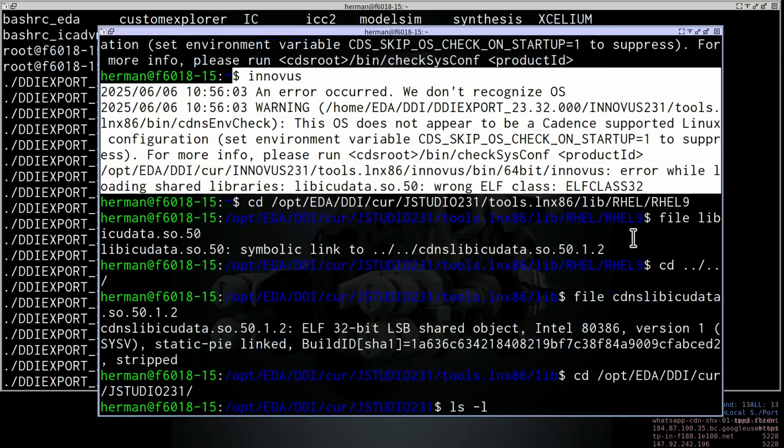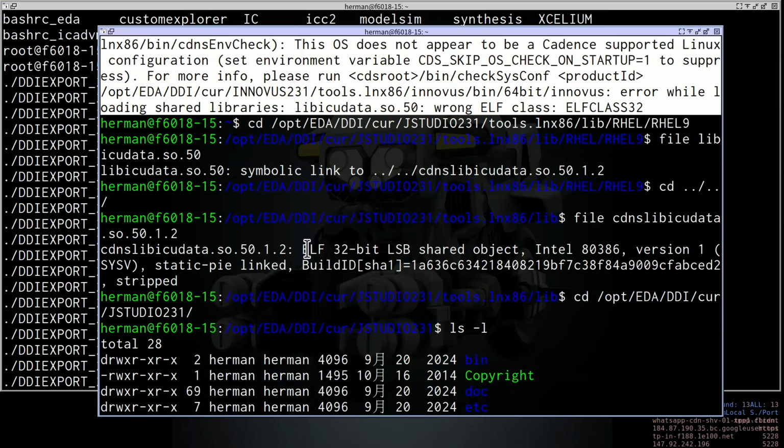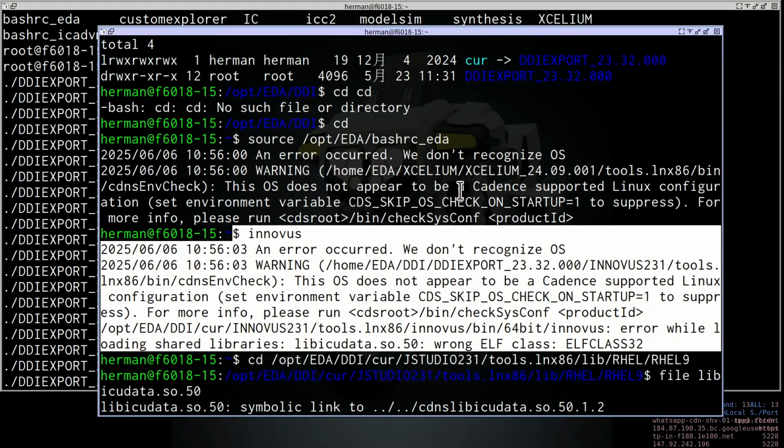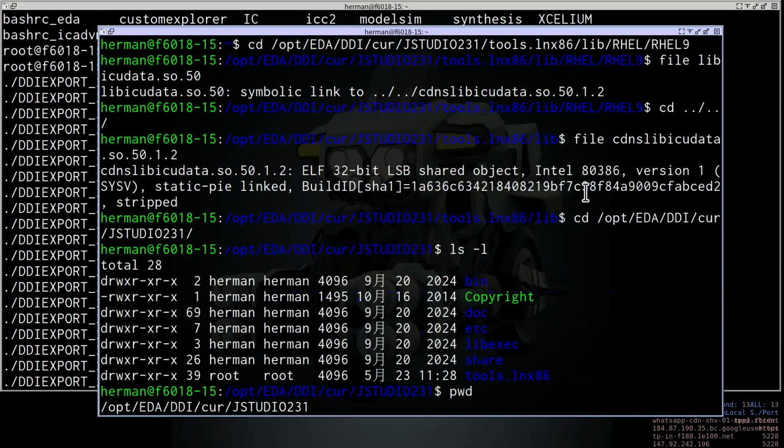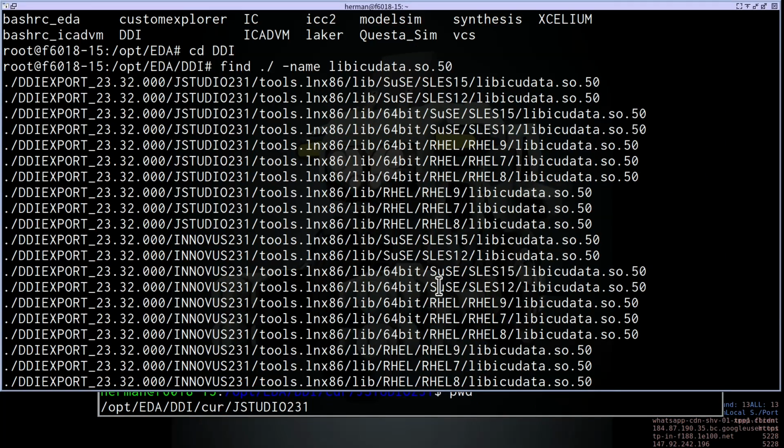So I told you how to use the file command. Remember, I already showed you the usage of file. Then I used file to check the ELF version. This is a 32-bit version, and this is not compatible with the 64-bit executable. So we needed to change it to this 64-bit directory.